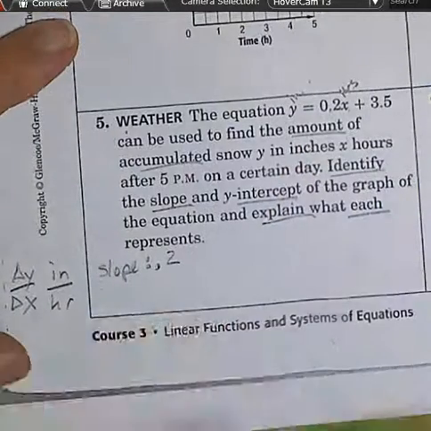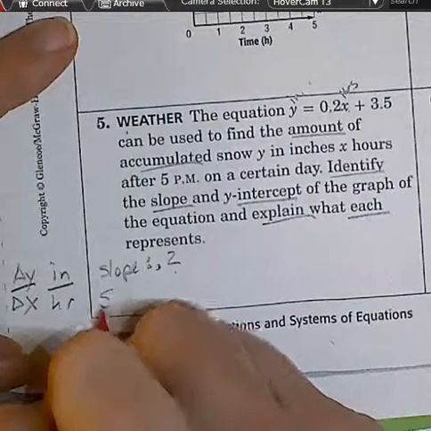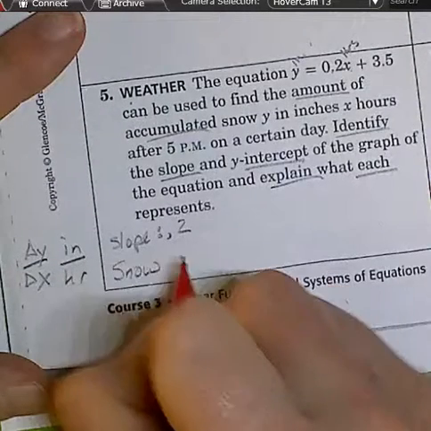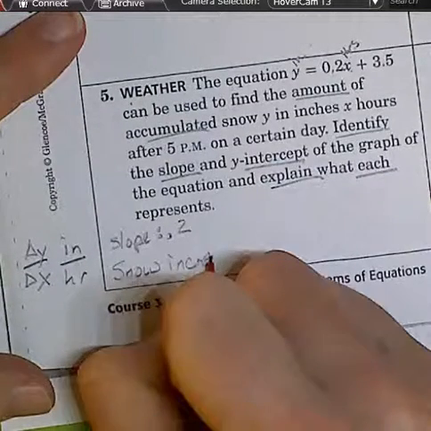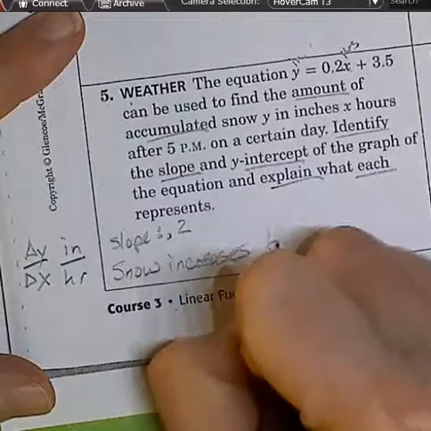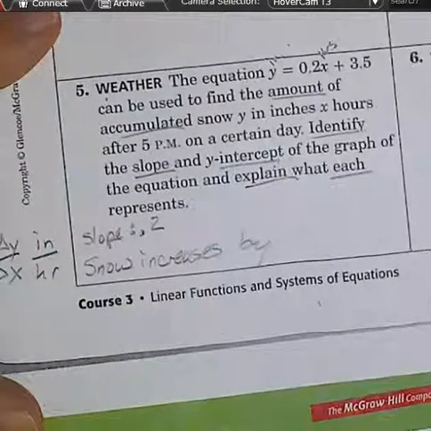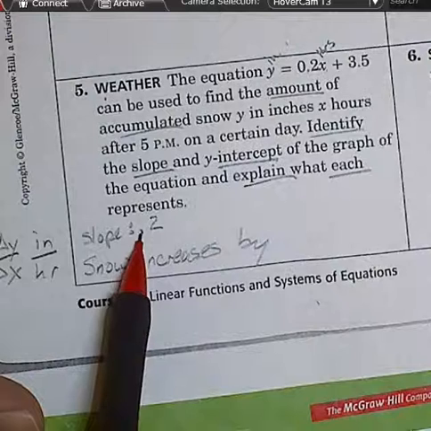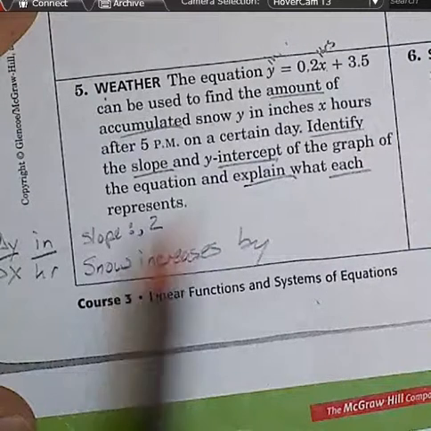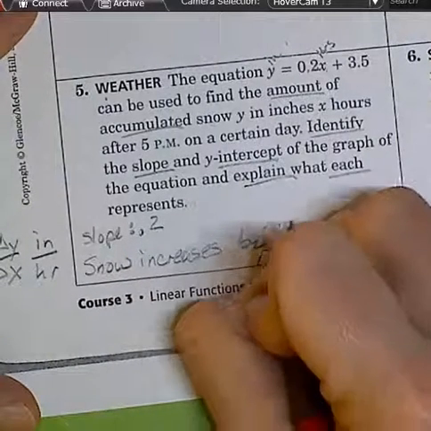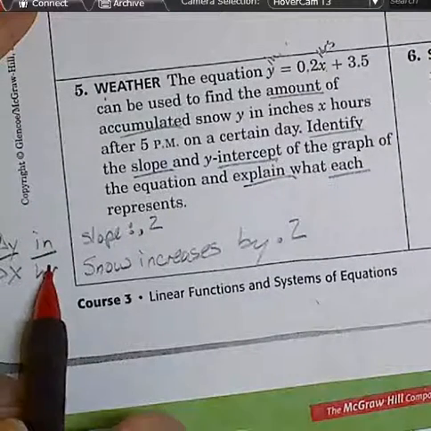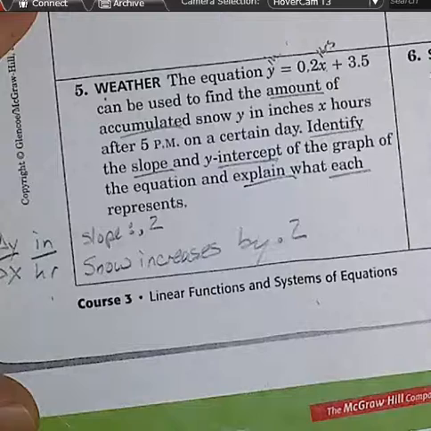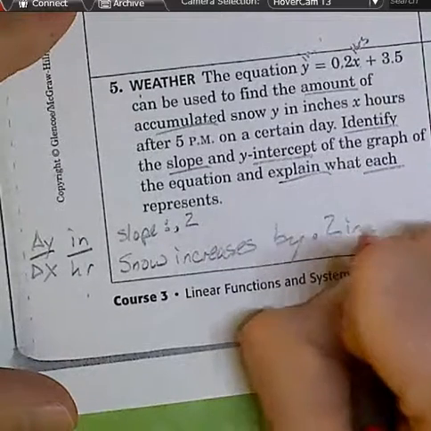And so, the snow increases because it's positive. By what? What does our slope tell us? By good, Jill. 0.2, what's my label on it going to be? Someone just said it. 0.2 what? Justice? Inches per